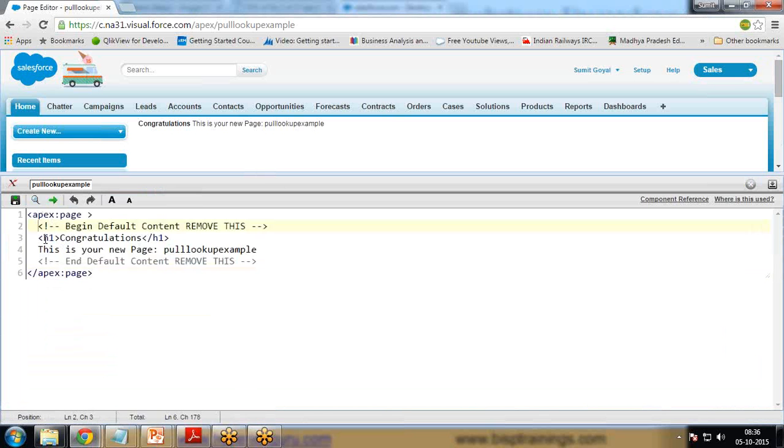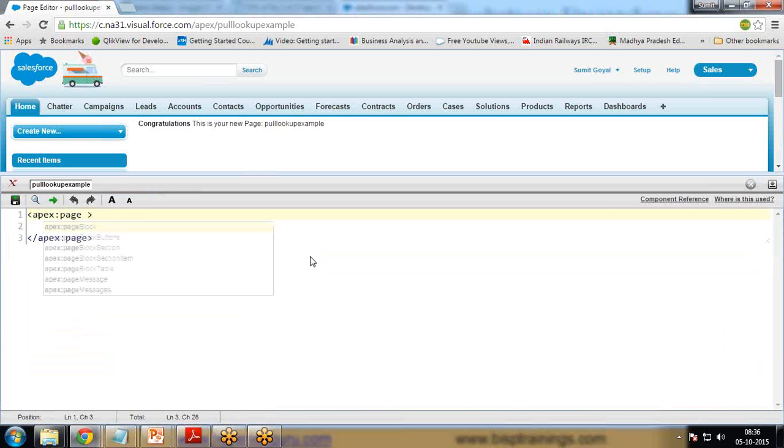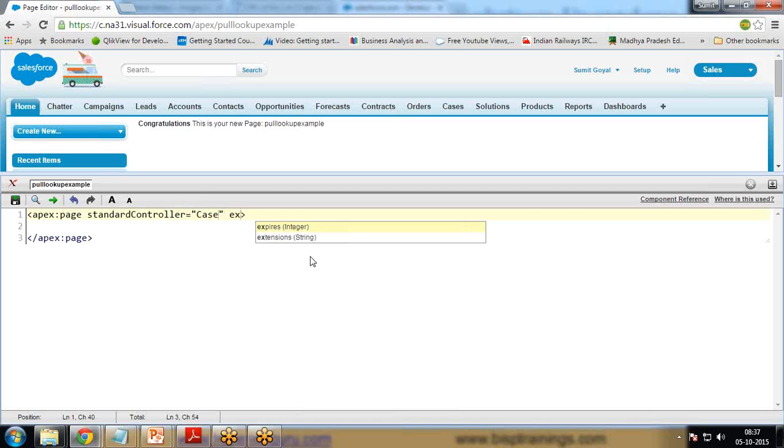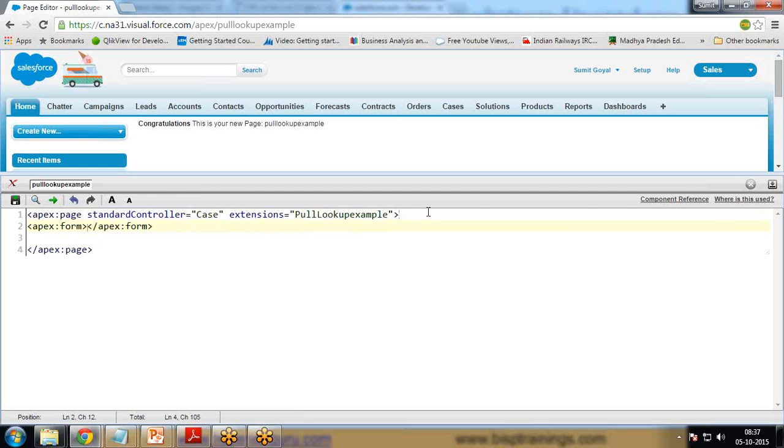To write the code, first of all, I'll add a standard controller, and it will be associated with case. And because I would like to implement the functionality from the account object as well, that's why I use here an extension, and I'll give a name to that extension as pull lookup example. Then apex:form,